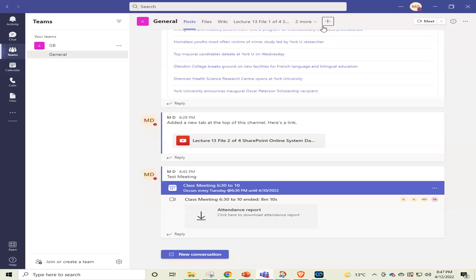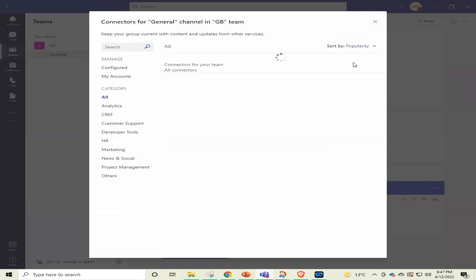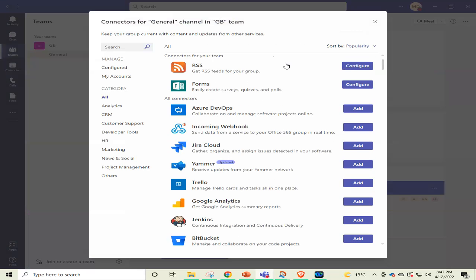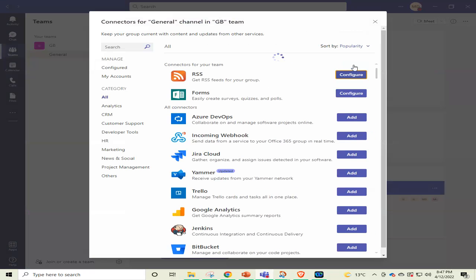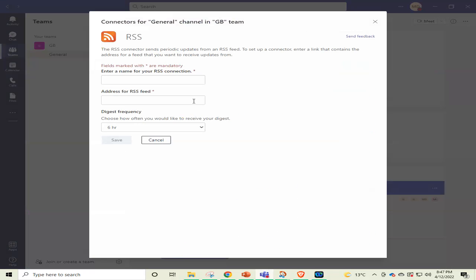We click on any tab or just the posts. It will come in the posts, and then I click on the new connector, and in the connector we see the RSS feed. We configure it. This time we have copied the URL from George Brown College, and here also, but I will modify it a little bit actually. Up to here is good,